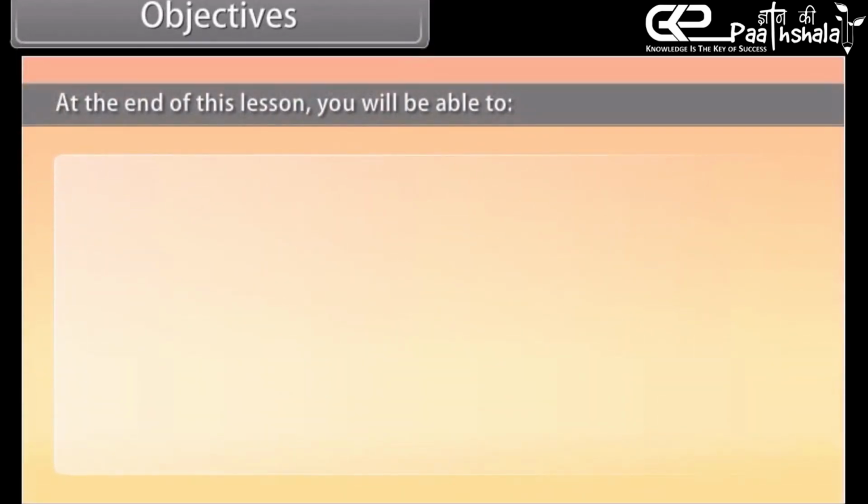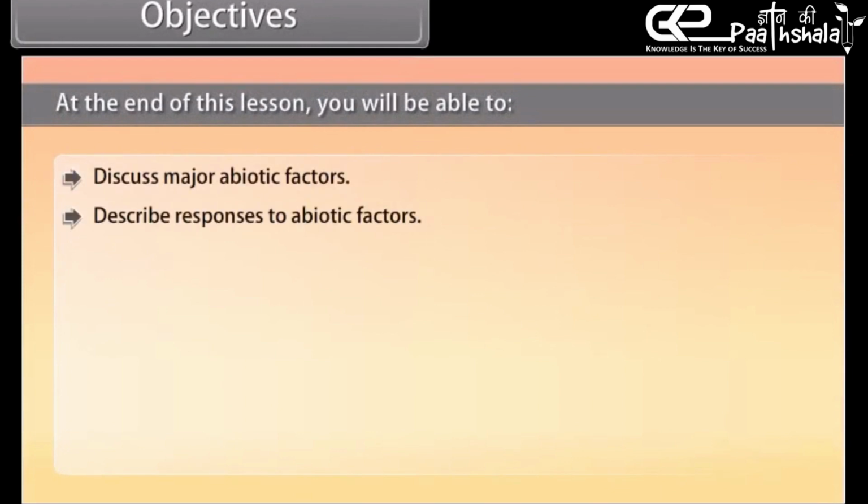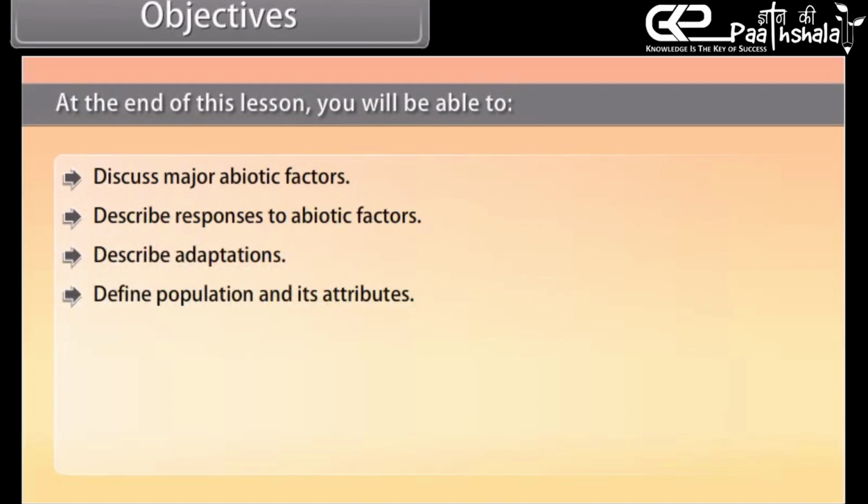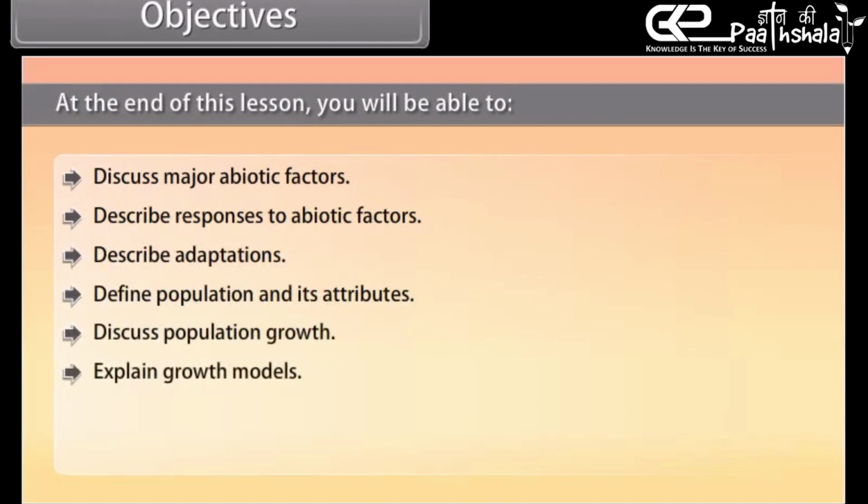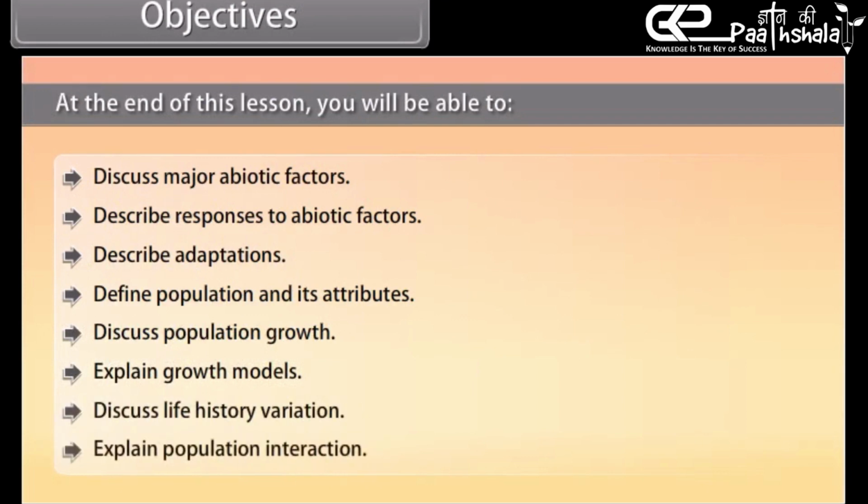Objectives. At the end of this lesson, you'll be able to discuss major abiotic factors, describe responses to abiotic factors, describe adaptations, define population and its attributes, discuss population growth, explain growth models, discuss life history variation, explain population interaction,